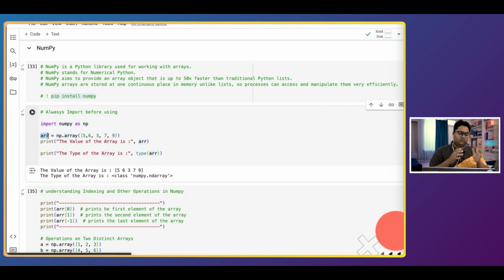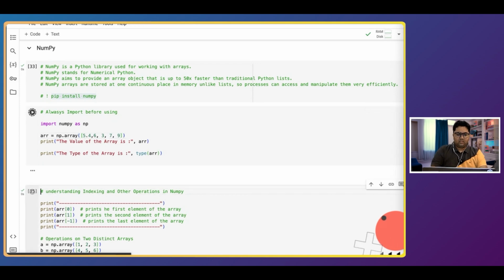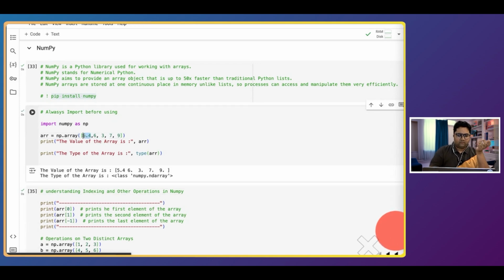So what do we do with Numpy? We create arrays. We talked about variables and complex types, but traditionally with Numpy, what you do is np.array. And usually the class that's called is always numpy.ndarray. ndarray means n-dimensional array. So basically it is storing a bunch of numbers, and you can store multiple types of numbers here in this Numpy array. For instance, I have stored here 5.4, I've stored here 6, I've stored here 3,